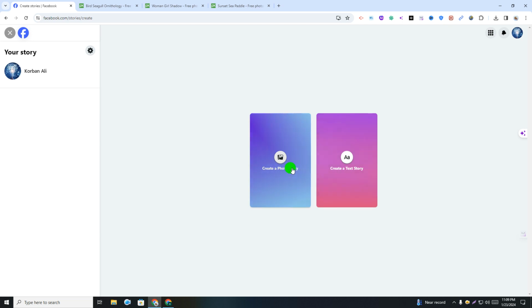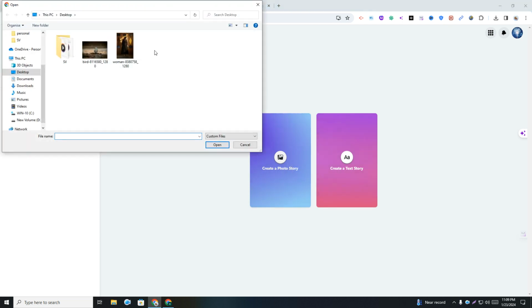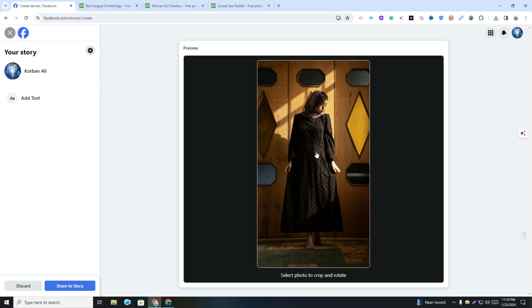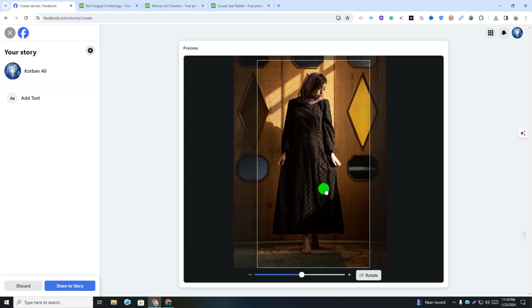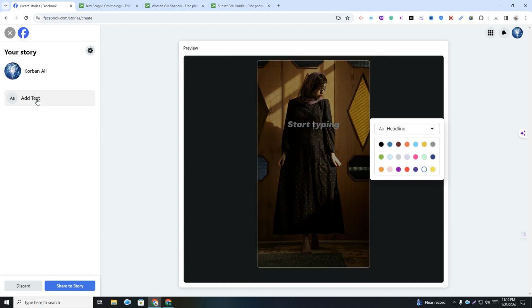Simply click here, create photo story, then you have to choose any picture which you want to upload. So I'm just going to choose this one. I already downloaded it from the internet and opened it, then click here on your profile, then you can fit it or adjust it. Okay, that's it, and then you have to click here, add a text, and then type anything